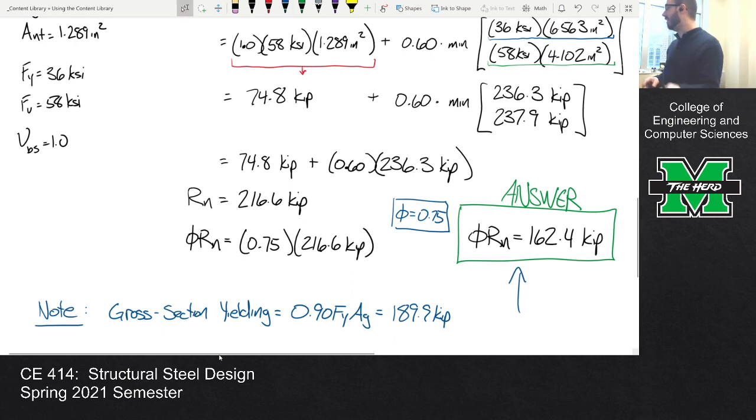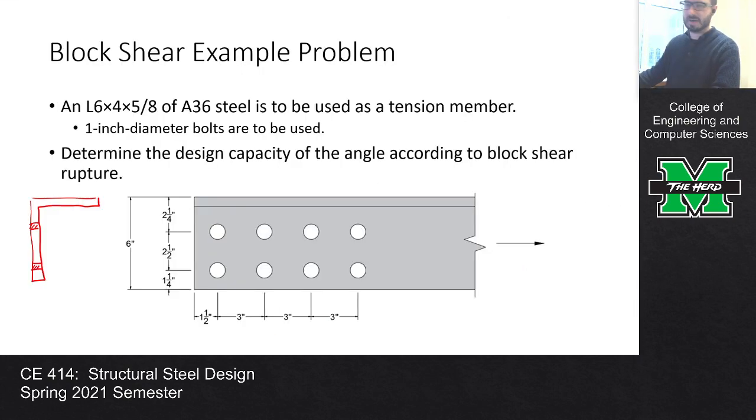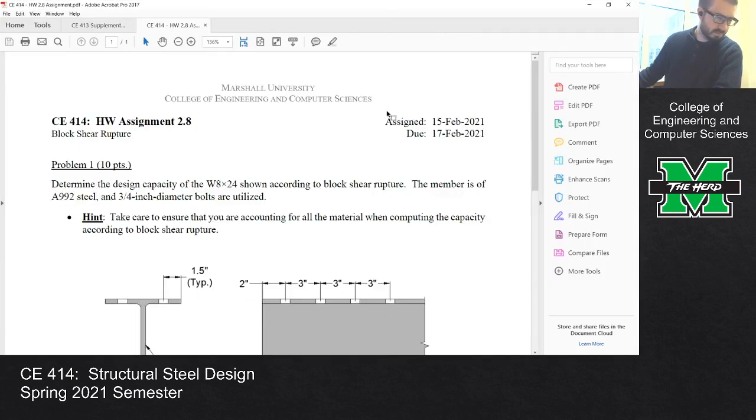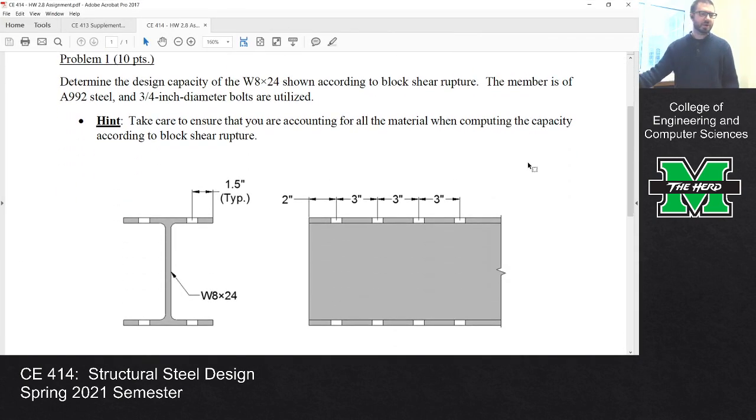It really is. Before we call it, I do want to just pull up your homework to show you what it looks like. So this is your homework. If I could drag it over here. So I want you to determine the design block shear rupture capacity of this